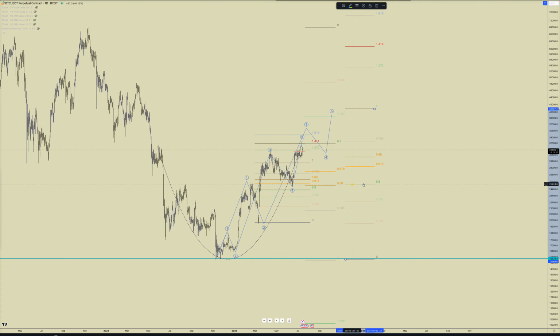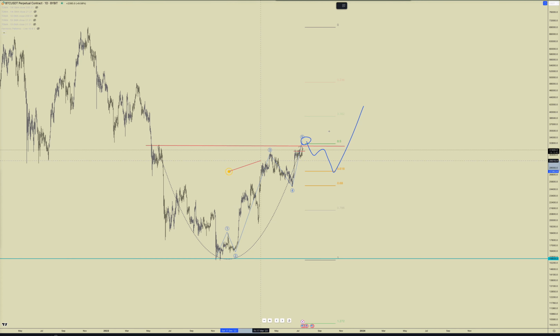That formation. If I just hide that for a sec, I'll need to hide this. If we get this cup, give or take a bit, and we get this movement as a 5, and we get a correction, that could be the next move. And then you can also say, okay, is that a rising wedge of some sort? All right, so we had that, and we have to be careful how this comes, because if it hits a level,